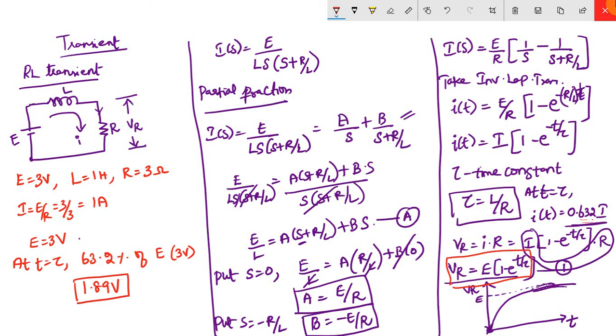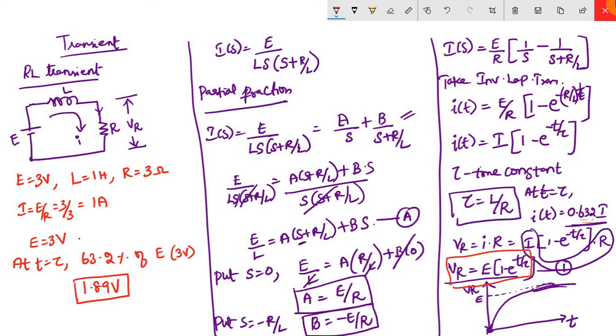So what we are going to see in e-circuit is we are going to construct this RL transient circuit in the e-circuit platform, and then we will be closing the switch at t equal to 0, right? Once after closing the switch, the voltage across the output will start increasing from 0 in exponential way and reach its final steady state value 3 volt, right? And in that circuit we are going to analyze at t equal to tau.